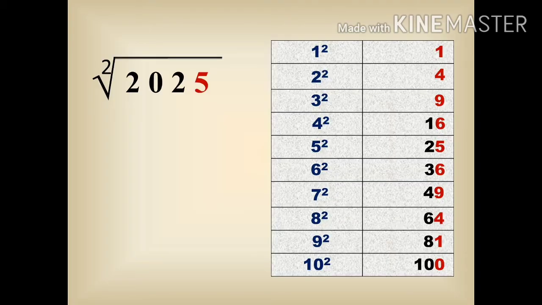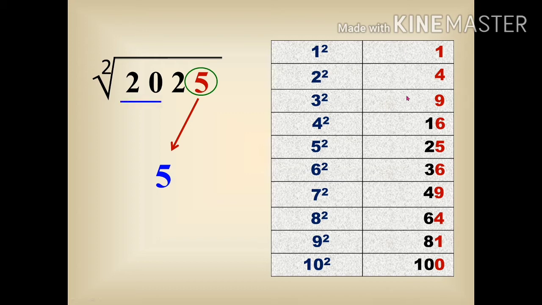Okay, let's solve a problem. So we can find the square root of the number 2025. First, what we are supposed to do is, we should note the number in the units place. So in this example, we have 5. So if a number ends in 5, the square root of that number will definitely end in 5 only. So we can directly write the units place as 5. Next, we should skip the number up to tens place. That is, in this example, we have the number 25. Let us skip. No need to worry about that. So the remaining is only 20.